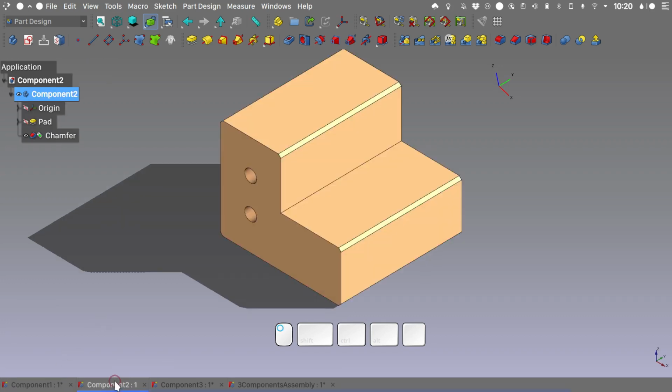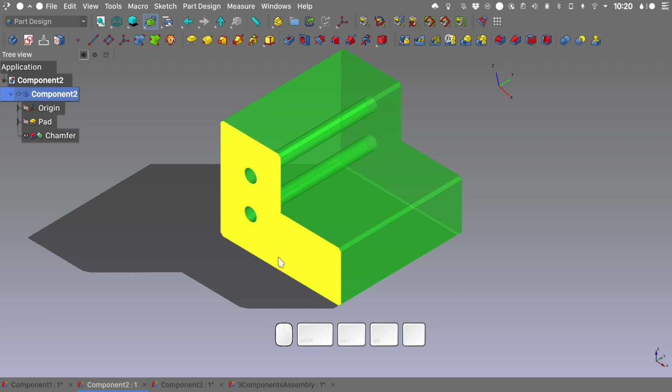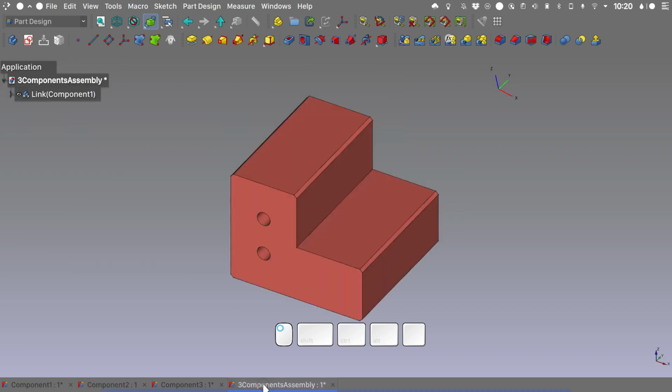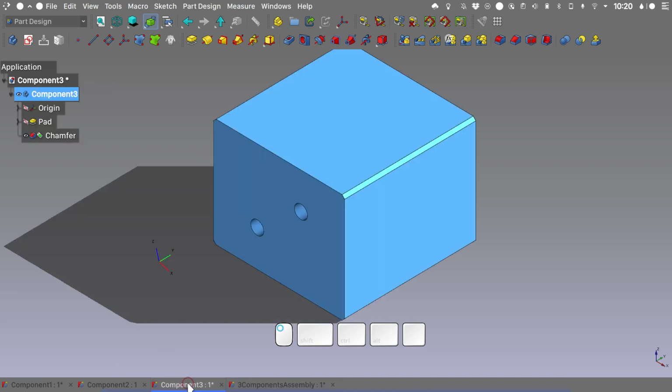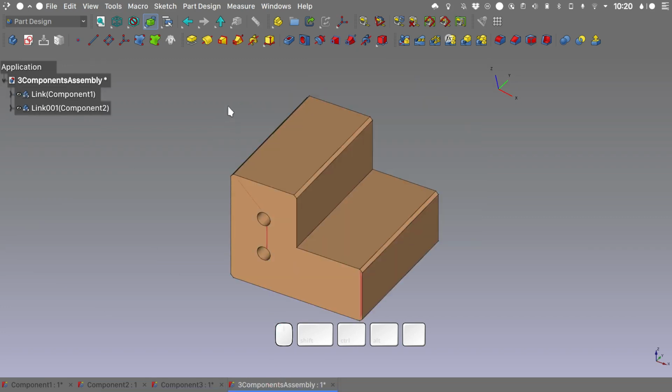I will do the same for the component 2, so I will select in the tree view the geometry that I want to link, switch to the components assembly file, hit this button to make a link. Choose the component 3 file, select the geometry that you are interested in, switch to the Free Components Assembly file